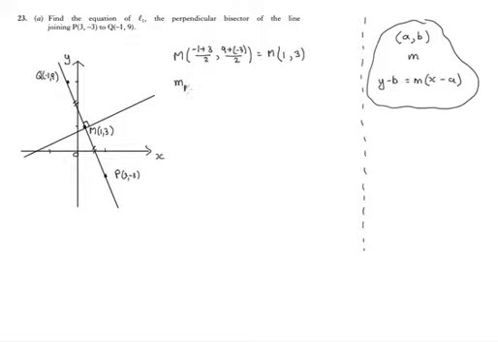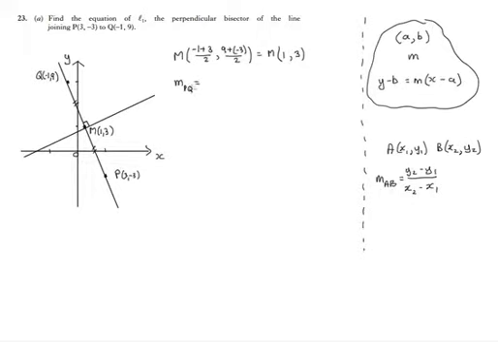So let's work out first of all the gradient of PQ, and this involves working with the gradient formula. Remember the gradient formula, the gradient of the line joining 2 points, say A and B, with coordinates x1, y1 and x2, y2. The gradient would be the y difference, that's y2 minus y1, over the x difference, x2 minus x1. We could swap the order around, y1 minus y2, but we'd need to watch that the same order is kept, x1 minus x2, that they're both swapped. In other words, you can't just swap one round. But anyway, let's